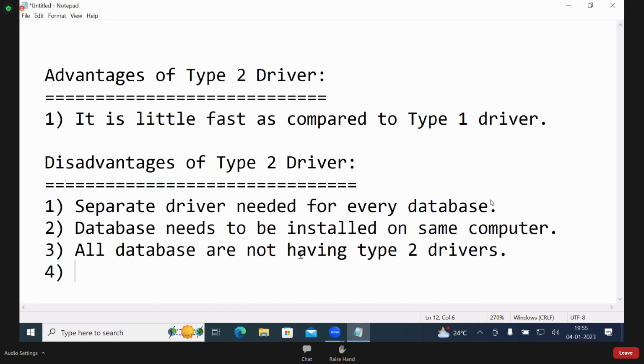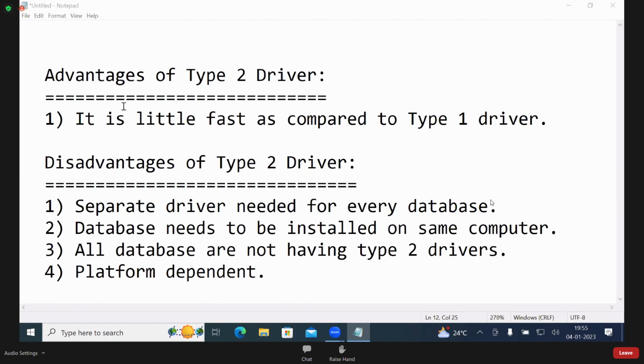But that means it is also platform dependent. Now, are advantages more or disadvantages more? That's what this is also stopped being used. Program possible, that's what I gave, but not required.